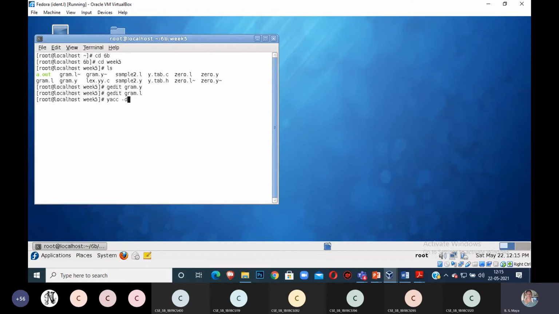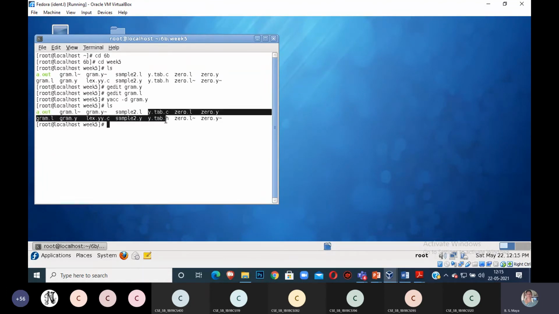Now I can observe that two files are created. Are you observing now? y.tab.c and one more, y.tab.h. The y.tab.h file is created by using -d, and y.tab.c is created by the Yacc compiler.